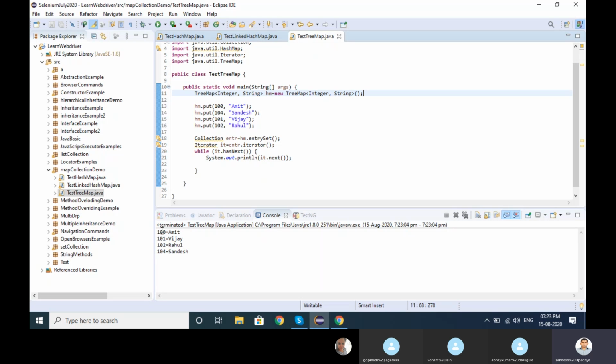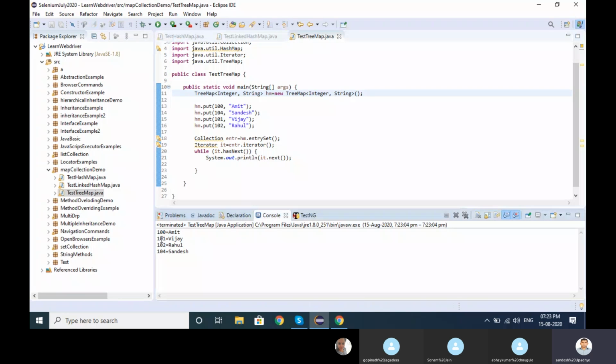Sorry, it's taking the key, not the value. It's the key 100, 101, 102, and 104, right? So while working with the tree map, it's taking ascending order of whatever keys we have. So a very small difference in the map.